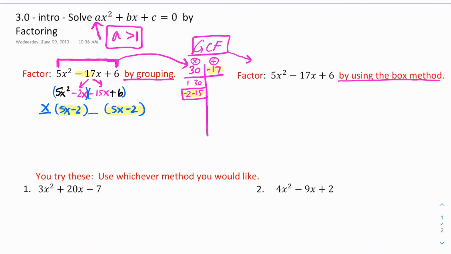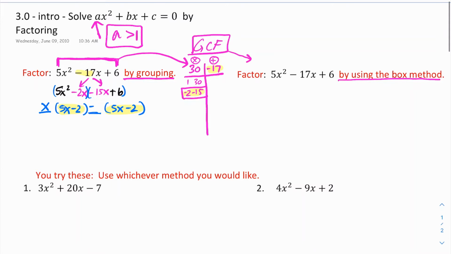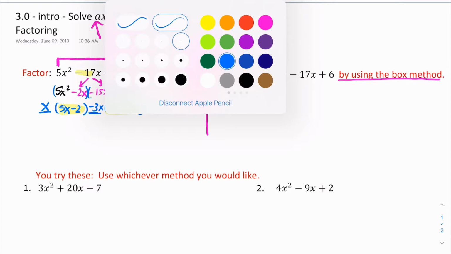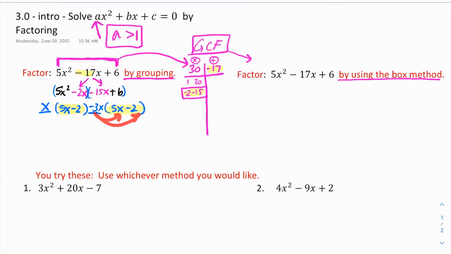Okay, so in the second 2 terms, we have to figure out what I can factor out of negative 15x plus 6 to be left with 5x minus 2. Because it's a minus in the middle, you have to have a minus 3 here. If I distribute this, I would get negative 15x plus 6, which is that. If you don't get that when you distribute, then again, something's wrong with what you're doing. All right, so now we have this term and this term, and your answer, if you can take a 5x minus 2 out of both of those, and then you're left